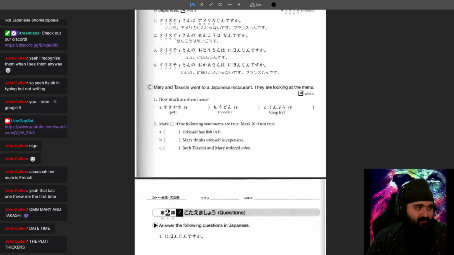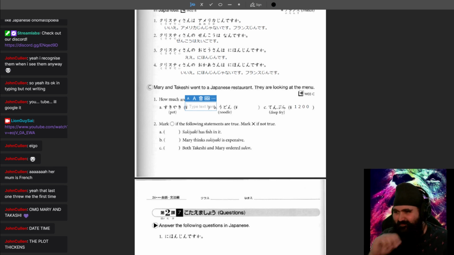Please don't leave. 天ぷらはいくらですか？ 1200円ですね。 1200円ですね。1200円。 すき焼きは何ですか？ すき焼き。 肉です。 肉です。 いいですね。